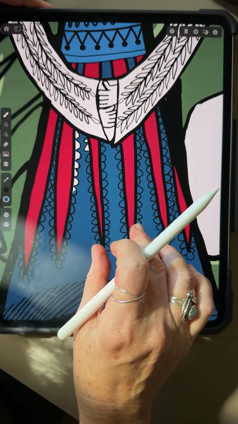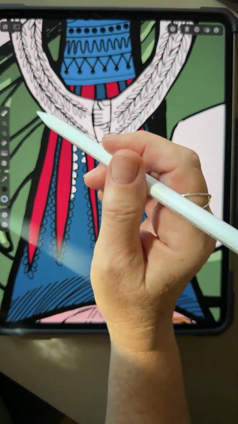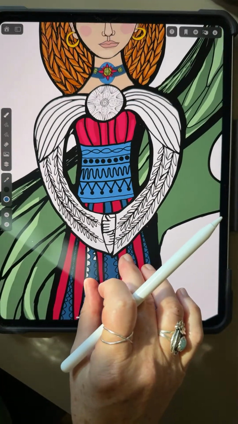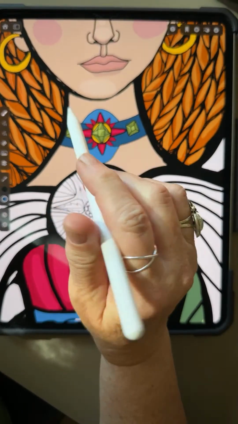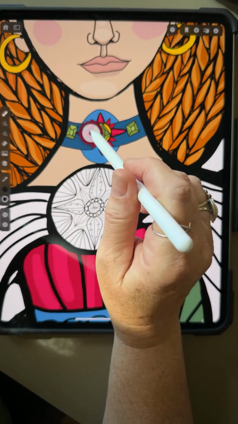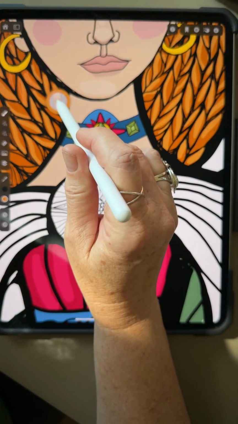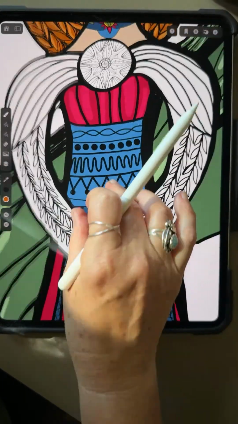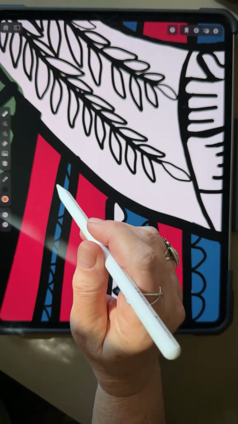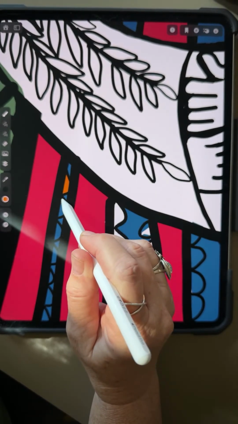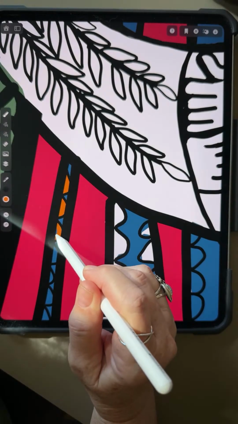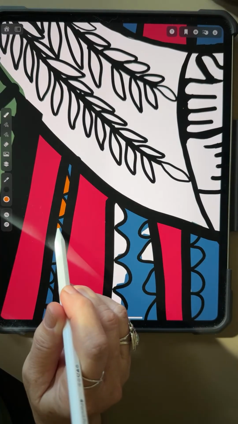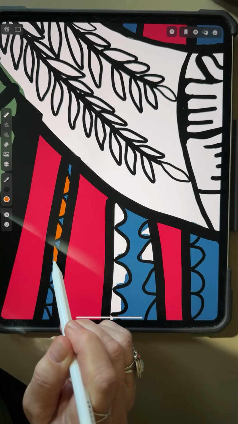Okay, so I think I'm going to go in and do the gold next because, whoops, let me get up here to the gold color. I think I might grab the gold from her hair rather than that gold. I think I'm going to go to this nice deep gold there and make the trim that color. You see I went outside the black line right there. It's not the end of the world, but